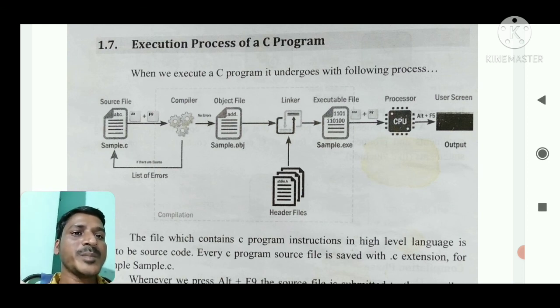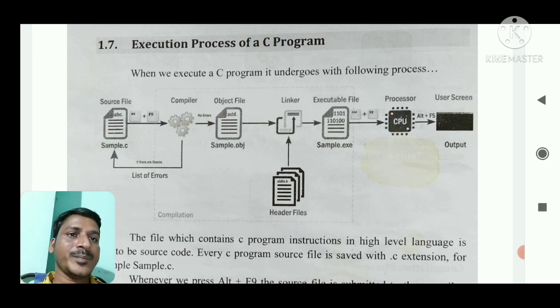The name of the executable file is sample.exe. The executable file is totally in the form of zeros and ones, which is why it is directly understood and executed by the machine.